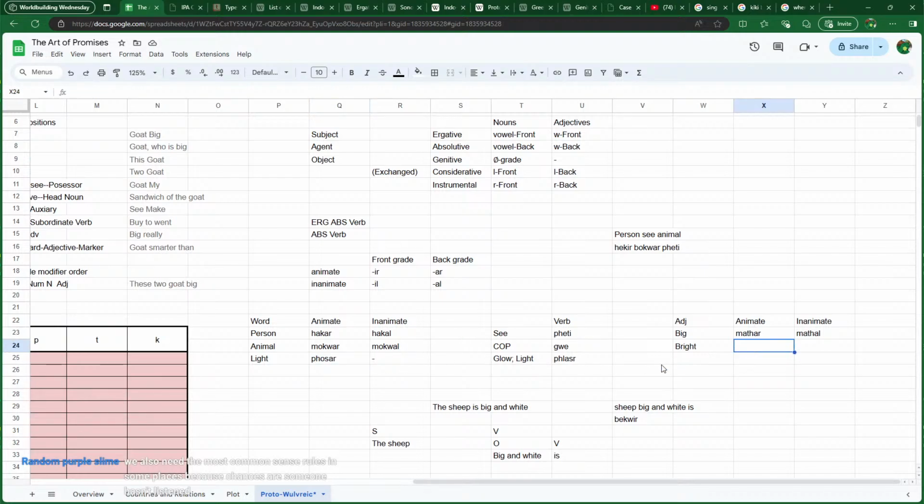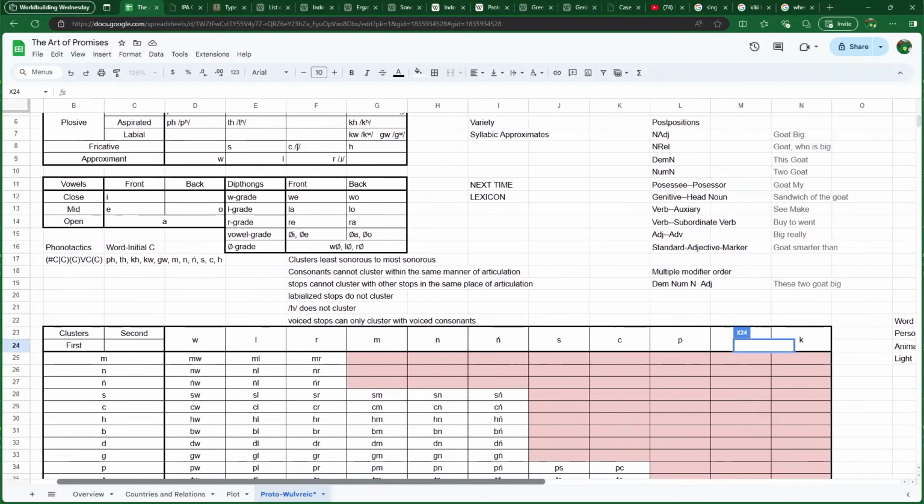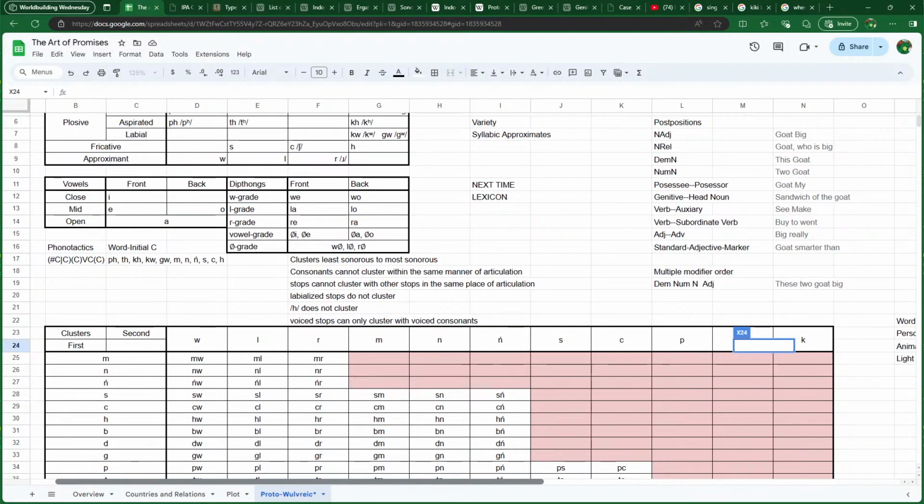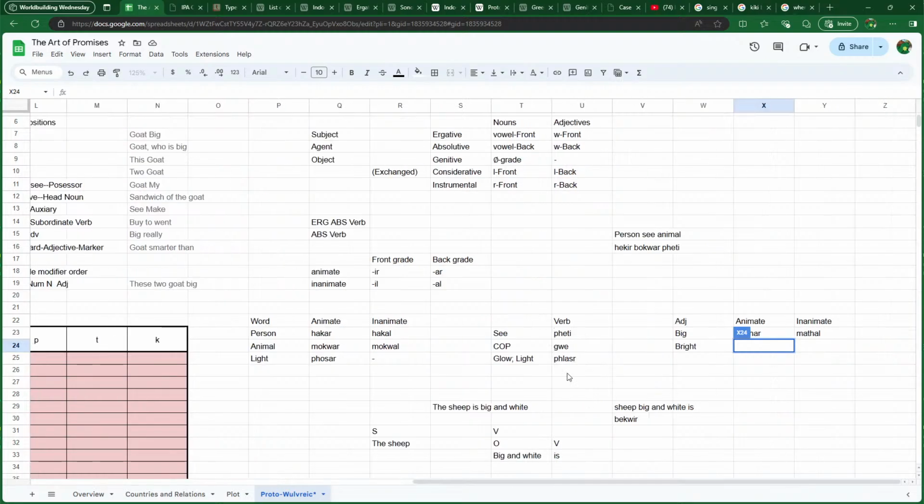Yeah. Glow lights, plastra, and then I'm allowed to do that, right? Plastra. That's one syllable technically. This is a one syllable word. Plastra. Bright, a result of that. Adjective for absolutive would be w. And then this would be